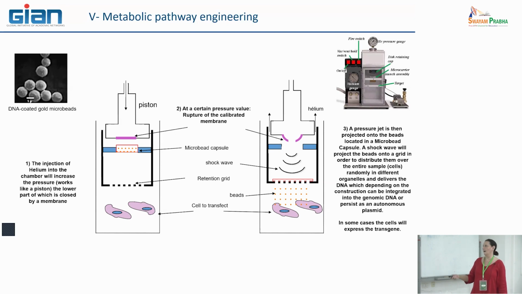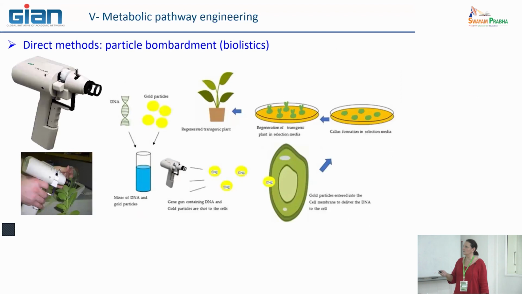And after you have your cells, you put them in an incubator in order to let them recover the ability to divide. And after, you collect the cells that are still alive, and you can start to see if they express or not the genes and also the proteins that have been linked to the beads at the beginning. So it's a very efficient system.